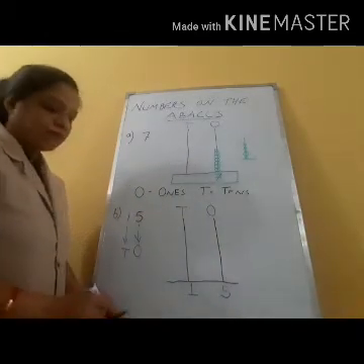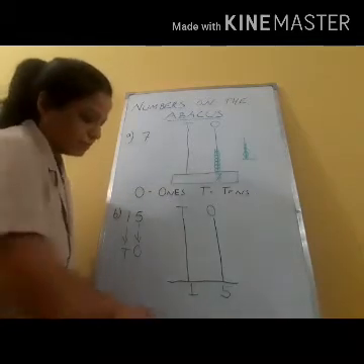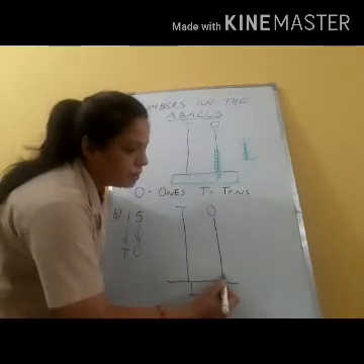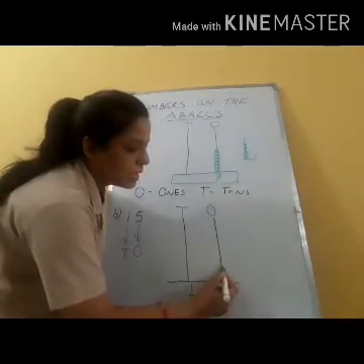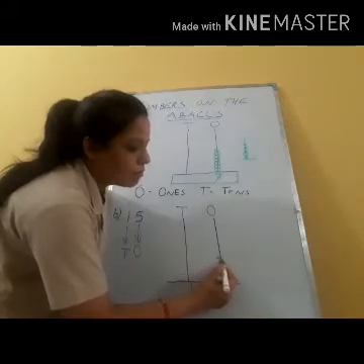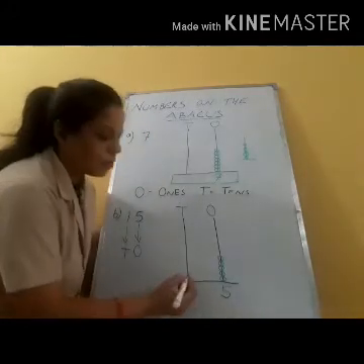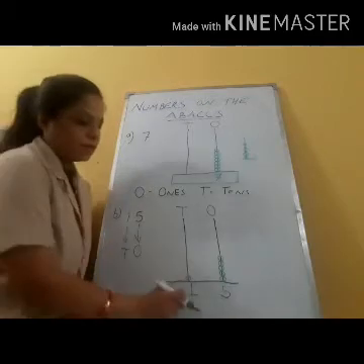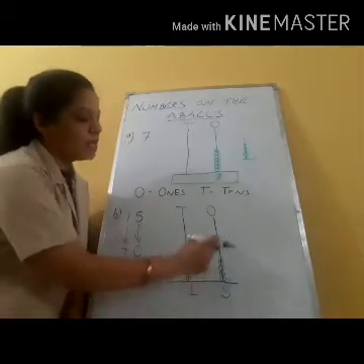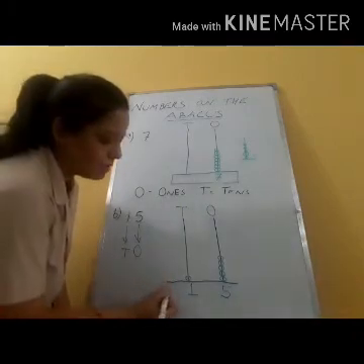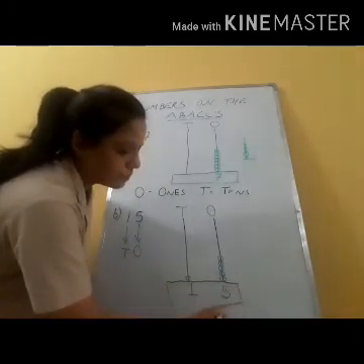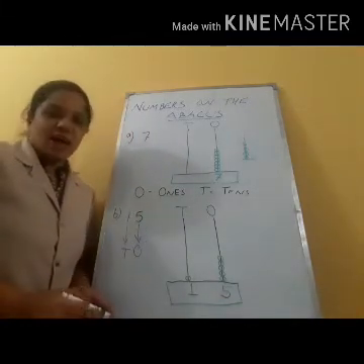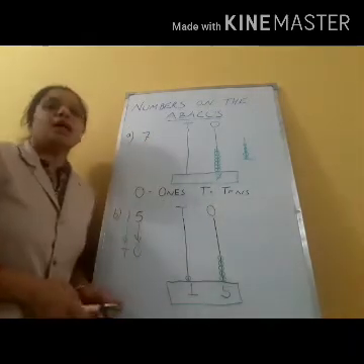Now what will you do next? You draw beads. Now 5 is here, so how many beads do you draw? 5. 1, 2, 3, 4, 5. Now for 1, how many beads do you draw? 1. So this is the number 15 shown on this abacus. Now you complete this box. Now this is your abacus. So I think you understand how you show numbers on the abacus.